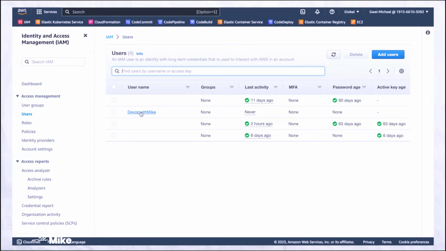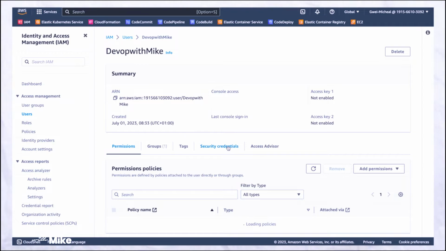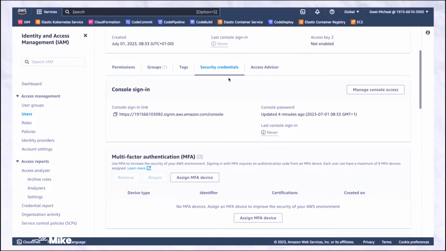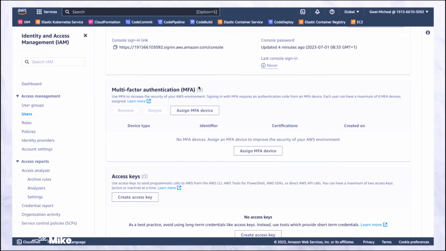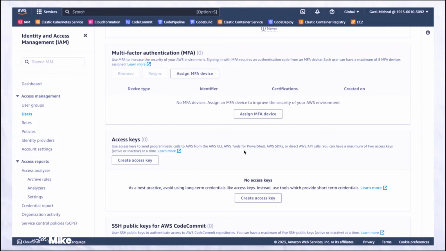We can go into a particular user, for example the DevOps in my user. You can configure certain other credentials as far as this user is concerned. Now, as far as this user is concerned, you can assign what we call multi-factor authentication. Now, with multi-factor authentication, only those who have multi-factor authentication assigned, or only an assigned MFA device will give you access into this environment. And then you can equally assign secret and access key for CLI. So if you want to use or access your AWS account through the command line interface, you must configure secret